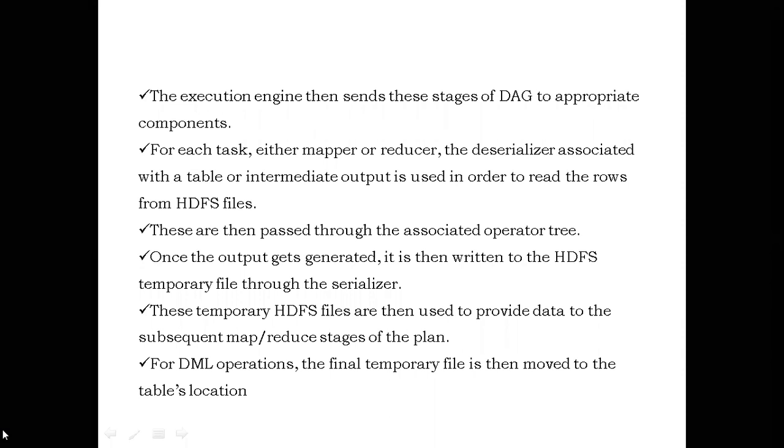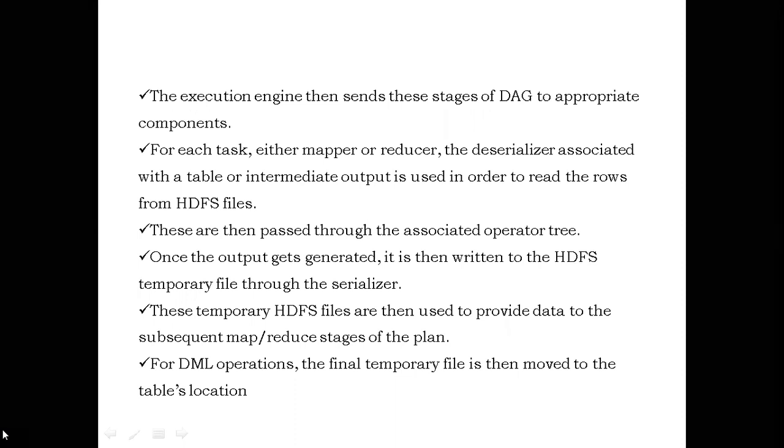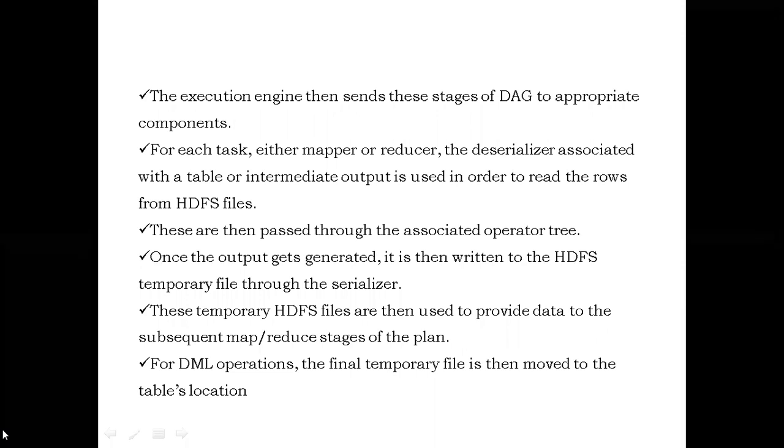So, input splits stage, mapping stage, next the sorting stage, next the reduction stage. These stages will be there. So based on the DAG, the information will be sent to the appropriate components. If it is related to the mapper, it will be sent to the mapper. If it is related to the reducer, it will be sent to the reducer. If it is related to sorting, it will be sent to the sorter. Like that, it will distribute the DAG.